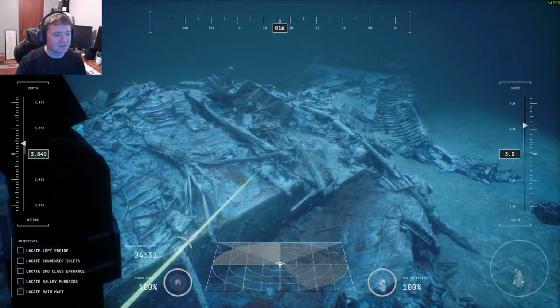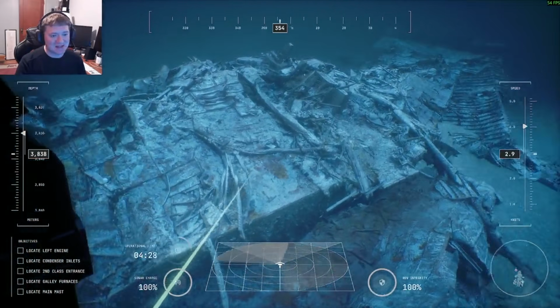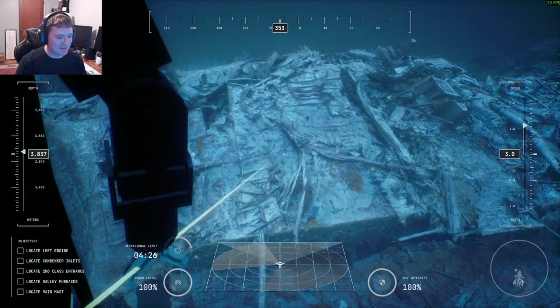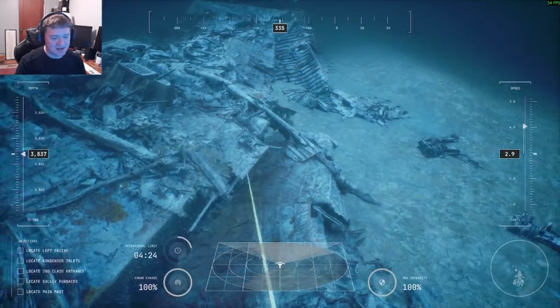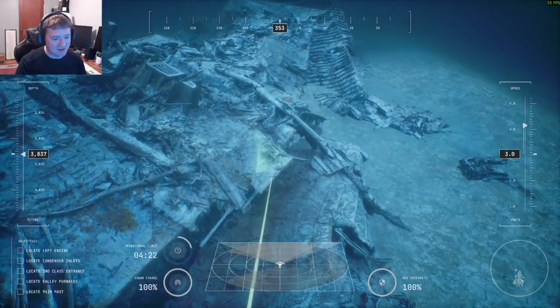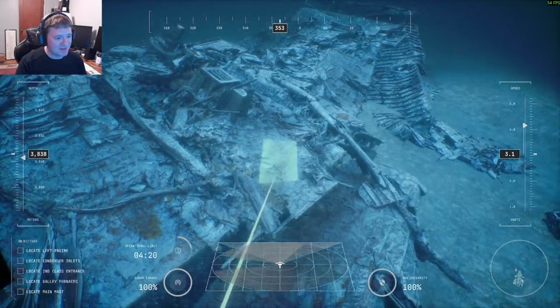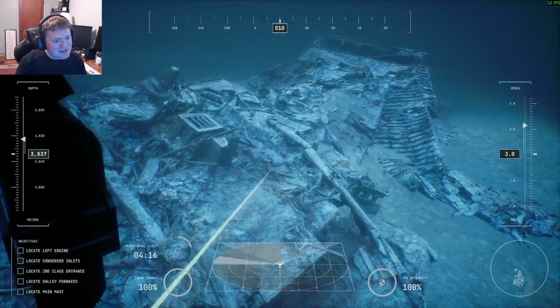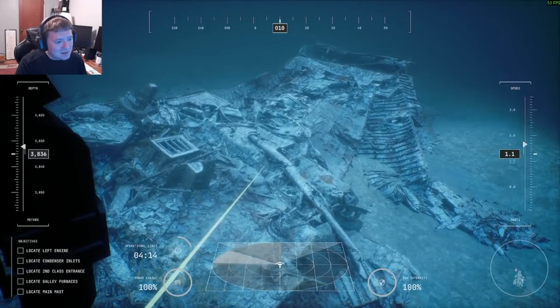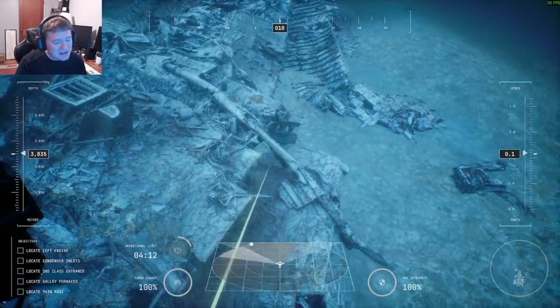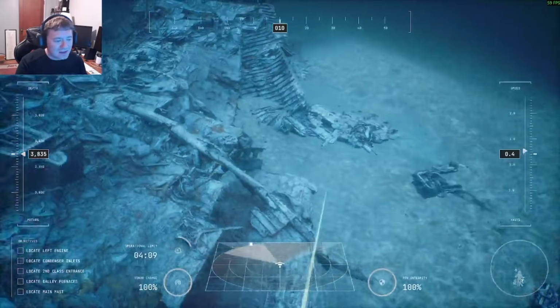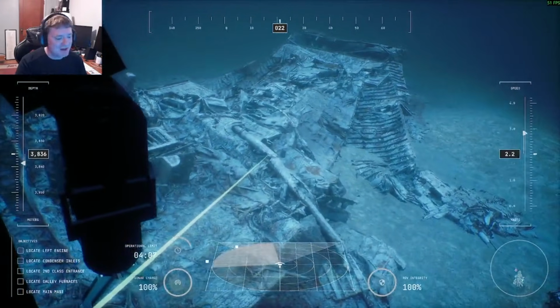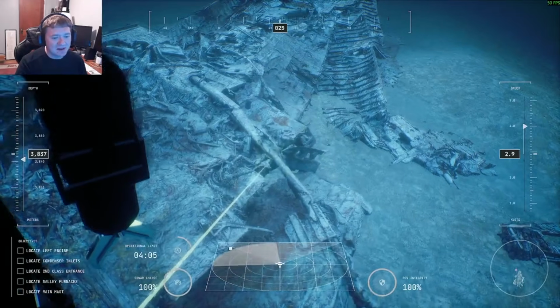Yeah, look at this. Like I said, it's hard for me to identify things and talk about things because it's so devastated. There's another lifeboat davit. You can see it curved right there. So this would have been some of the decking. This is some of the decking. And I believe, is this the mast? I'm pretty sure this is what's left of the aft mast. I'm not 100%, but double check me, guys, I'm pretty sure that's what's left of the